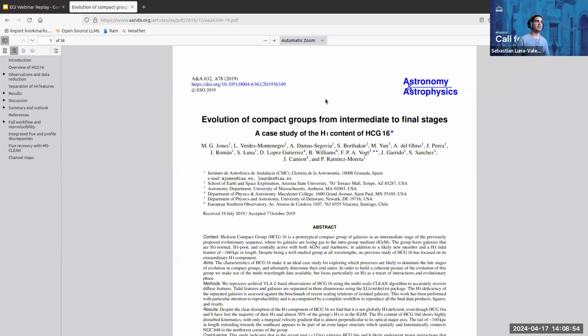In particular, the paper is looking at the clouds of hydrogen gas in the compact group as a proxy to characterize the evolutionary stage of the galaxy group. Okay, this is all the astronomy that you hear from me now. If you have more interest, please go through the paper.